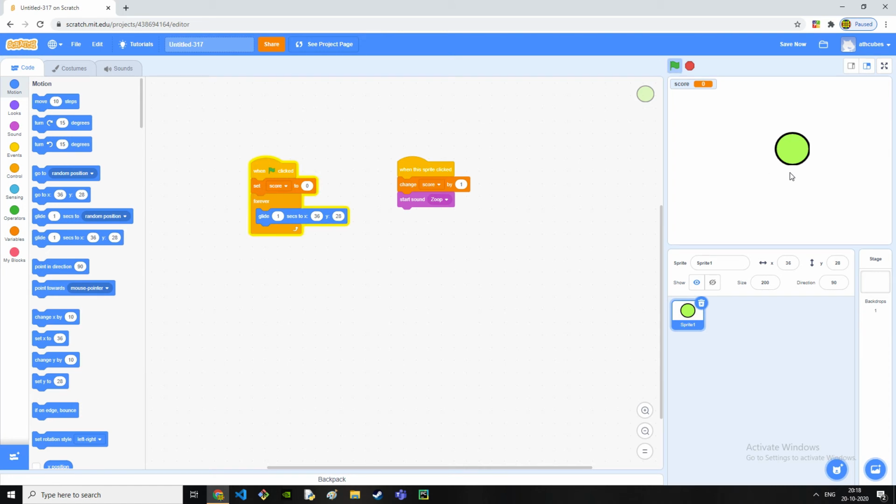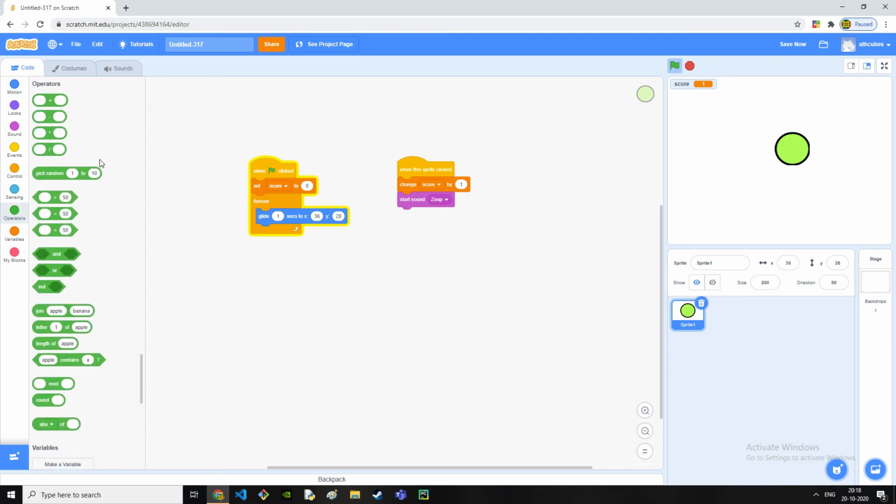Now one thing is, if you drag it somewhere, it will go back to there only. After we have done this, we'll go to the tab called operators. This might be a bit complicated for some people because there is a lot of maths. You might be bored, but this block will help you.